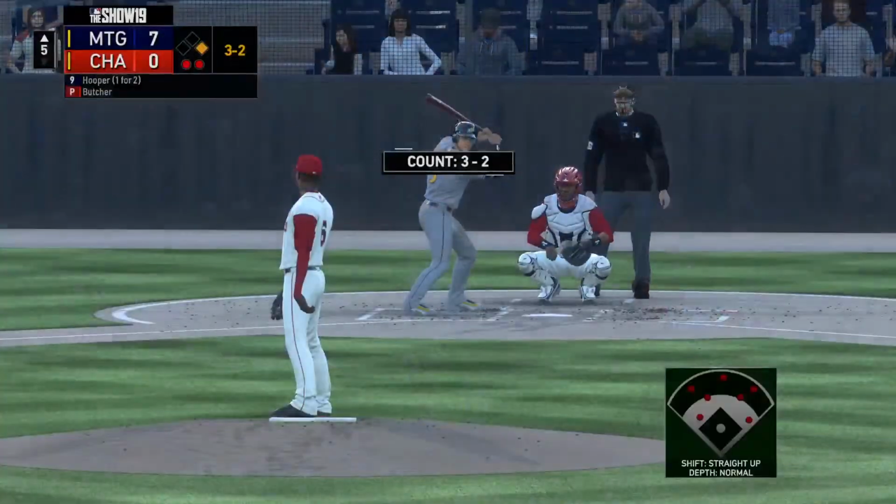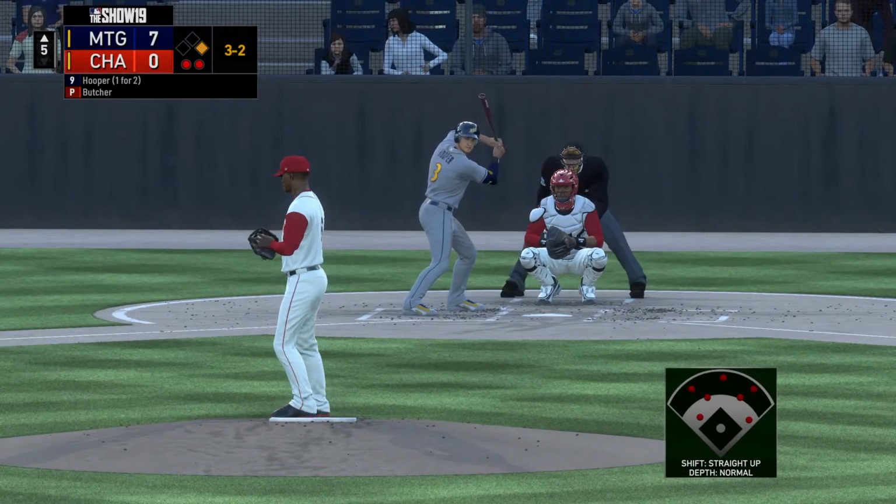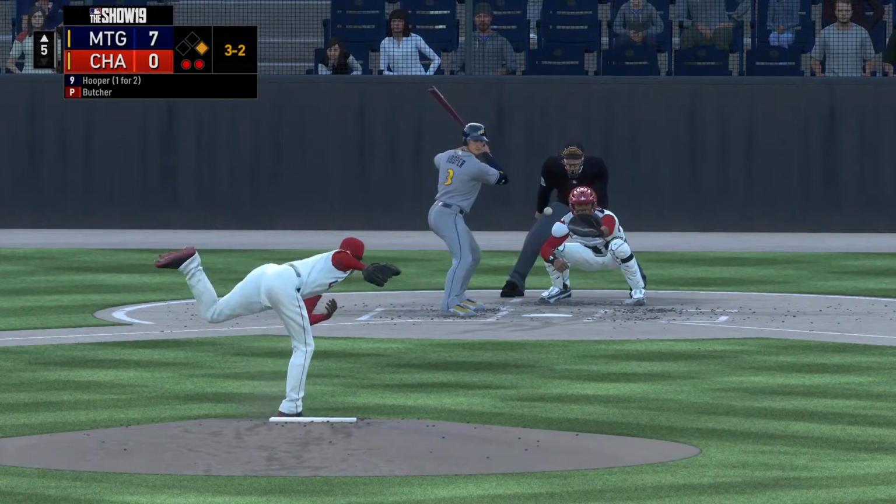Looked like he got a bad break on some of those calls, but he's got to learn that sometimes the calls don't go your way, and you've just got to move on. That's something that young pitchers...